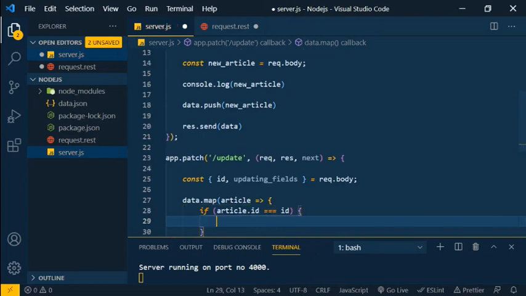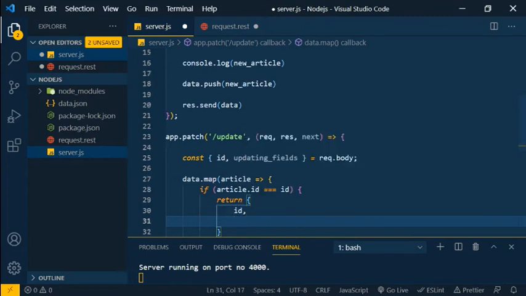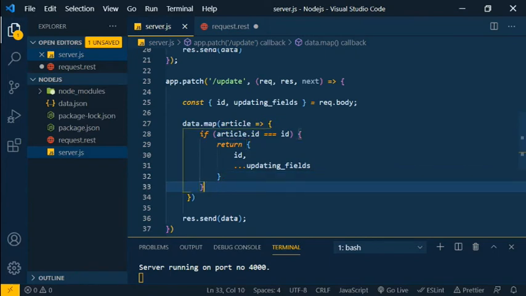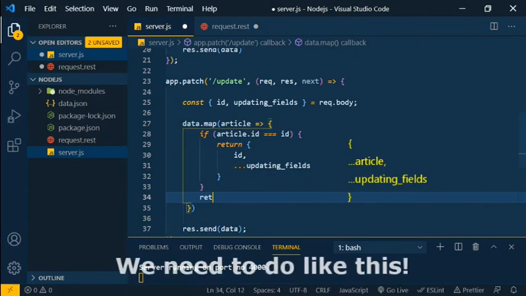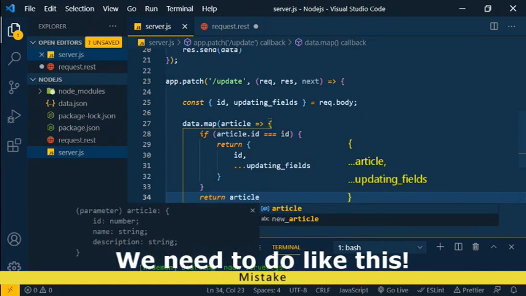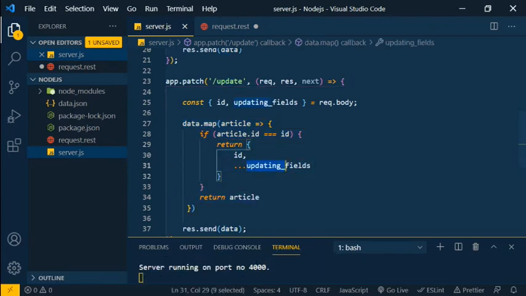If it matches, we need to return the ID and updating fields. So here I'm just spreading out the updating fields they passed from the front end. So if the ID was not matched with anything, simply return article. That's it.